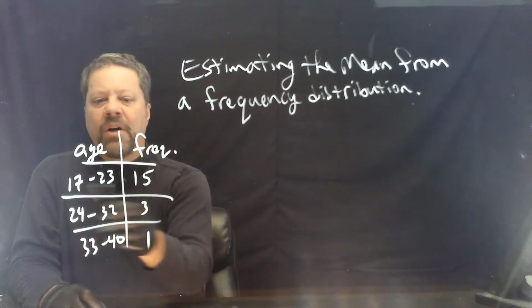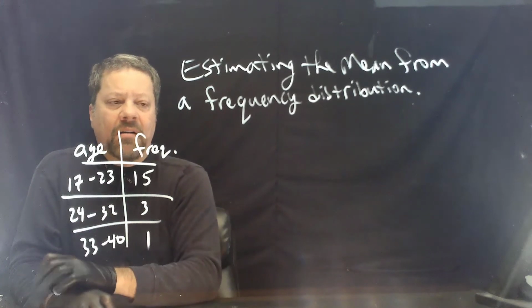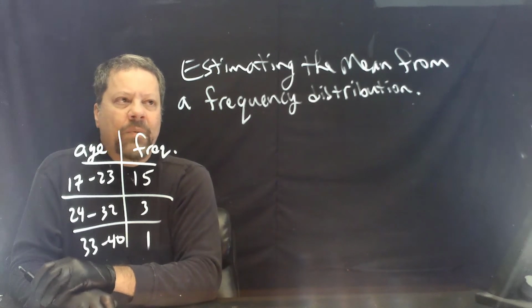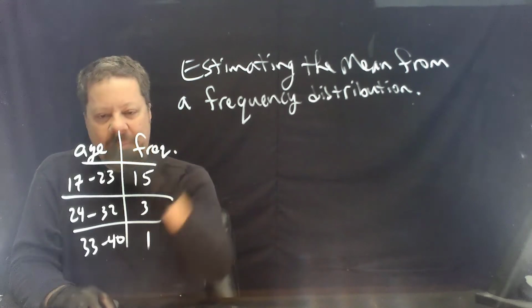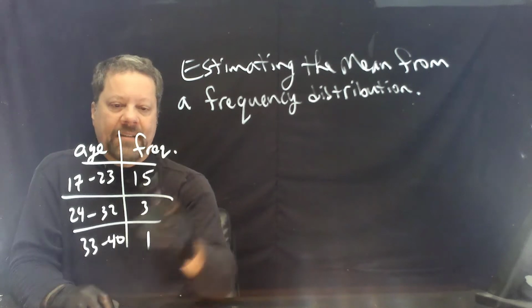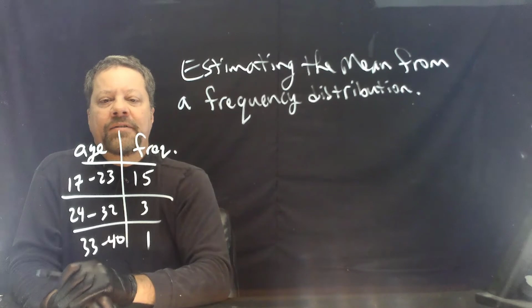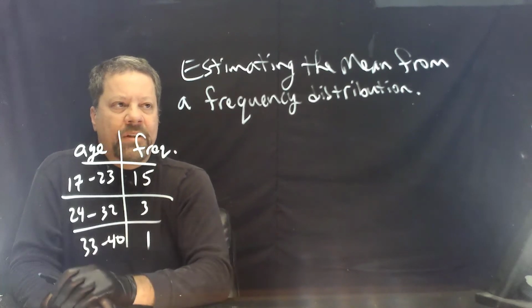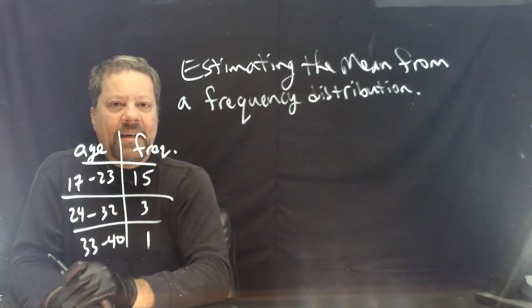We don't know exactly what the ages are necessarily. So how can we estimate the mean age of a class, say, of 19 individuals from the frequency distribution that we're given? And how we're going to do that